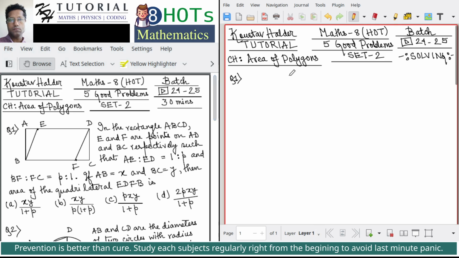Question number 1 says there is a figure in the rectangle ABCD. E and F are points on AD and BC respectively, such that AE is to ED is 1 is to P and BF is to FC is P is to 1. If AB is equal to X and BC is equal to Y, then the area of the quadrilateral EDFB is,